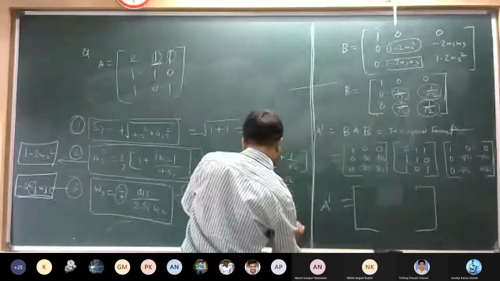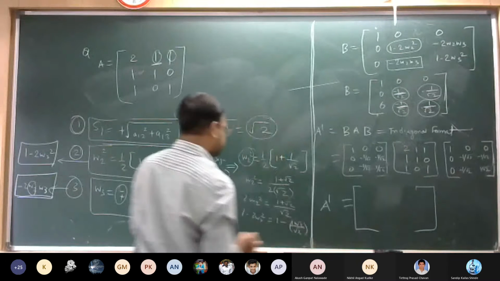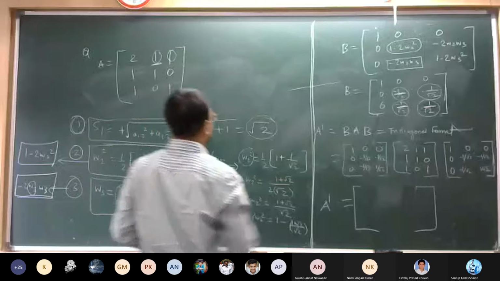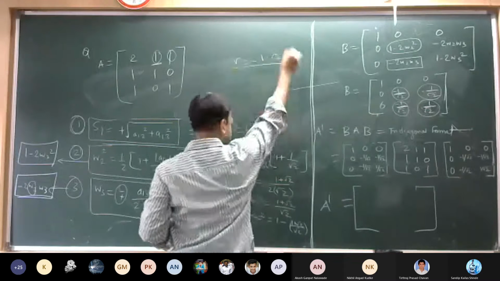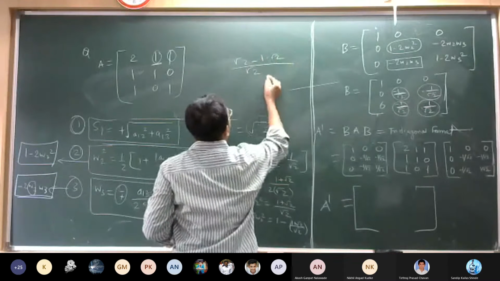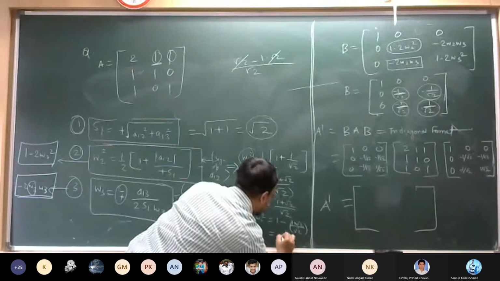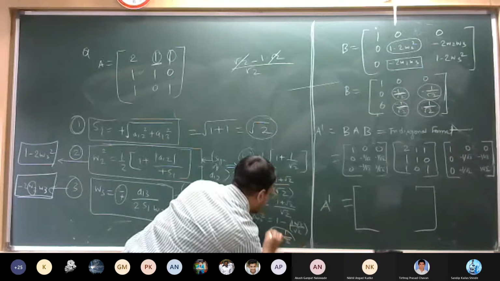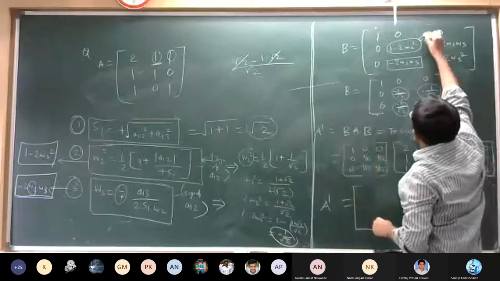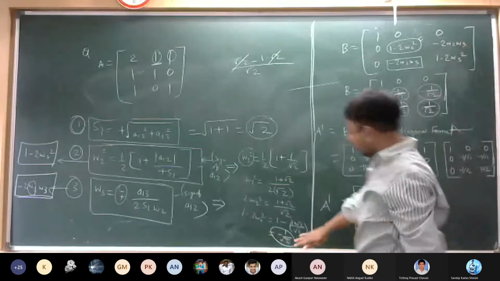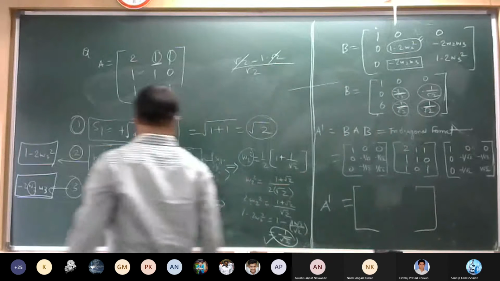So that would be 1 minus 1 plus root 2 square. Okay, so that would be root 2 minus 1 minus root 2 divided by root 2. So this will be gone. So basically this will be minus 1 upon root 2. That's why I have taken this as 1 upon root 2, this term as a, and that's why 1 upon root 2.